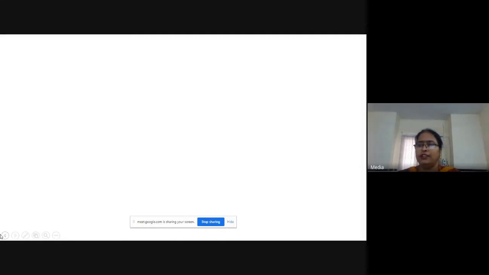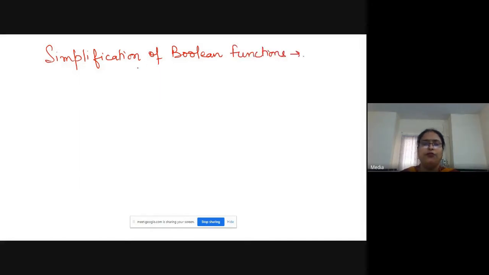First of all, let us see the simplification of Boolean functions, the various methods which are available. There are basically four methods.